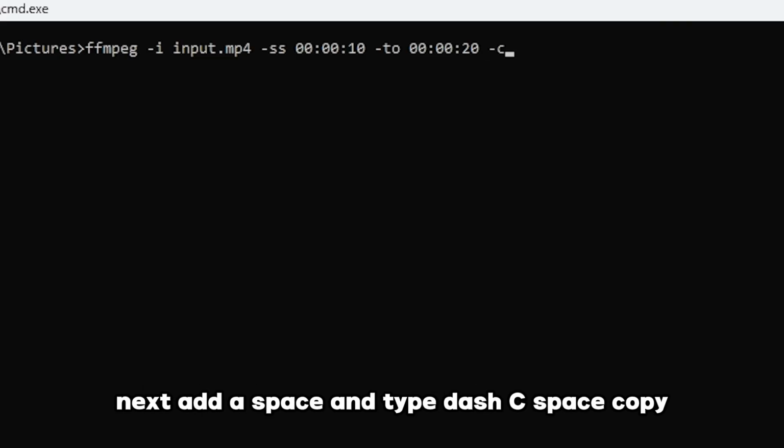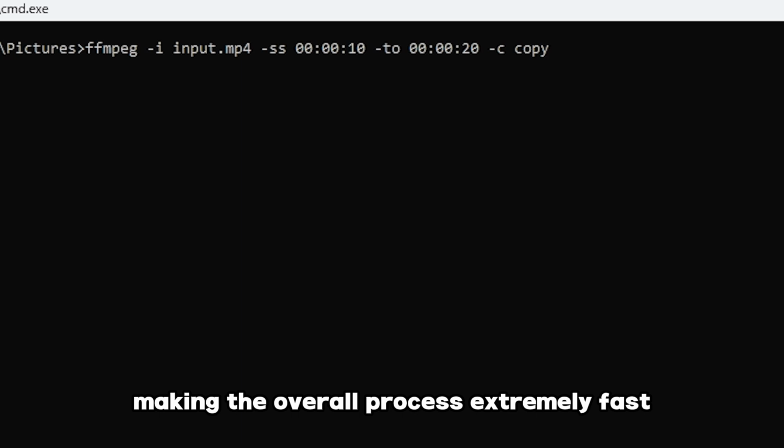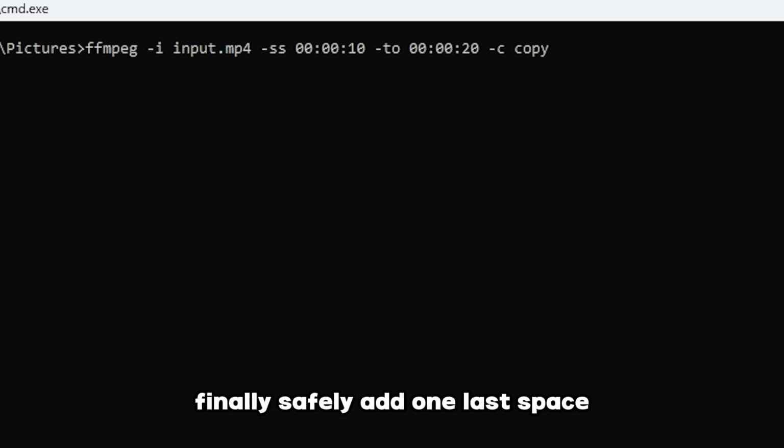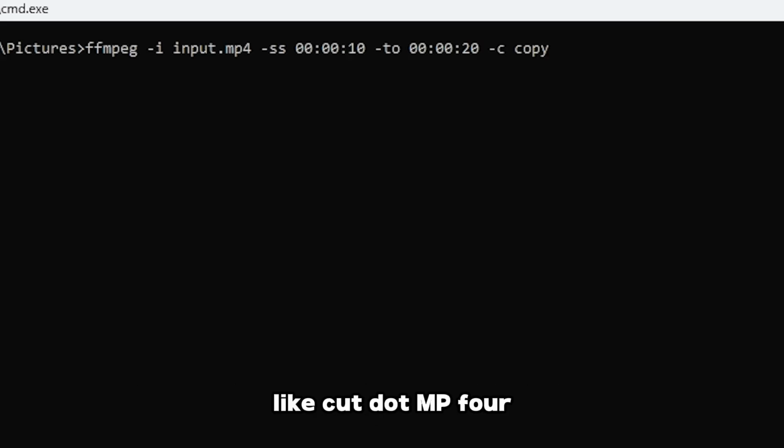Next, add a space and type -c space copy. This is a very important step because it copies the original visual quality without re-encoding, making the overall process extremely fast. Finally, add one last space and type the desired name for your new cut file, like